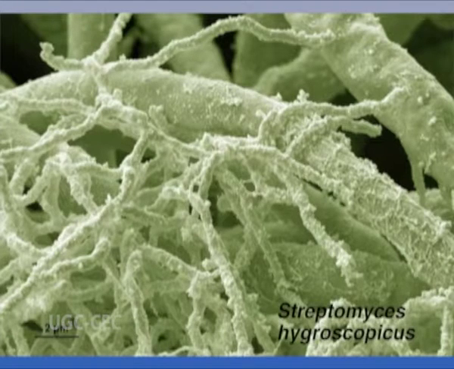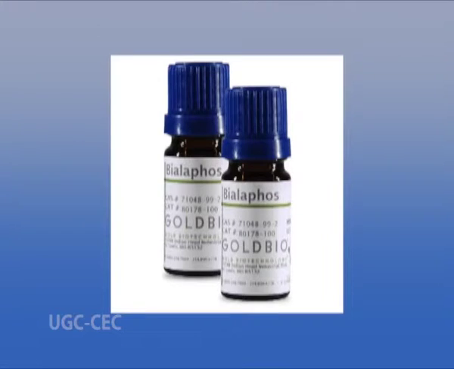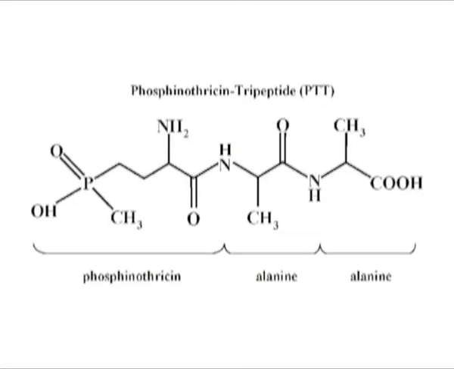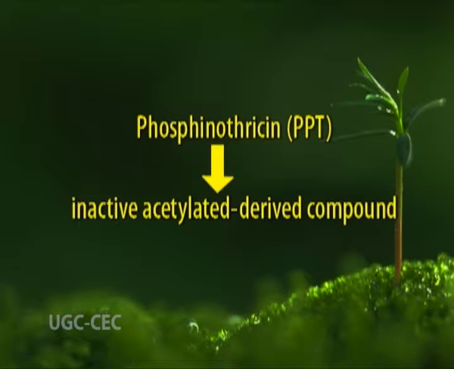The BAR gene was isolated from Streptomyces hygroscopicus that produces bialaphos, a tripeptide antibiotic that consists of phosphinothricin and two L-alanine residues. The BAR gene codes for the phosphinothricin acetyltransferase enzyme which protects these strains from the action of its own antibiotic, metabolizing phosphinothricin into an inactive acetylated derivative compound and preventing autotoxicity.